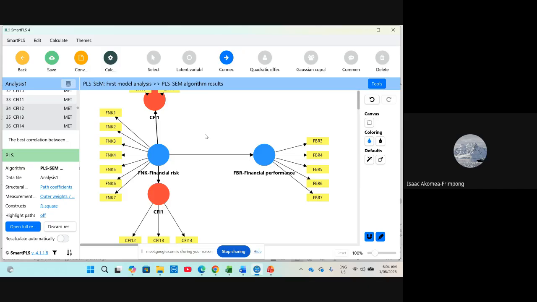So you can also have a model like that. But anytime you do this, we have names for them. We have what we call the first order, then we have the second order. When you add other constructs, or you build constructs with other constructs, we say you are having a second order PLS-SEM, which is also a whole course in future. But right now,